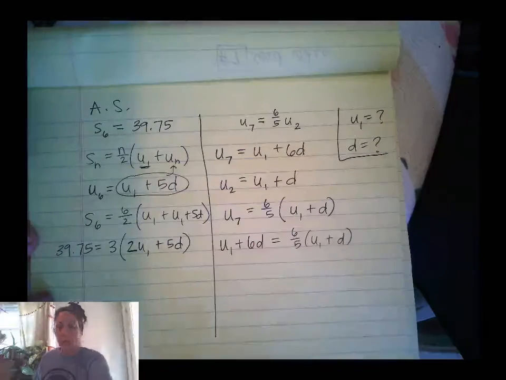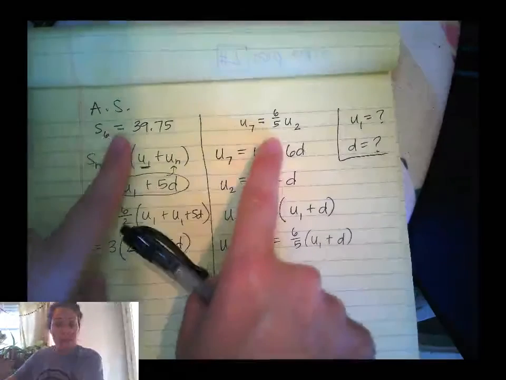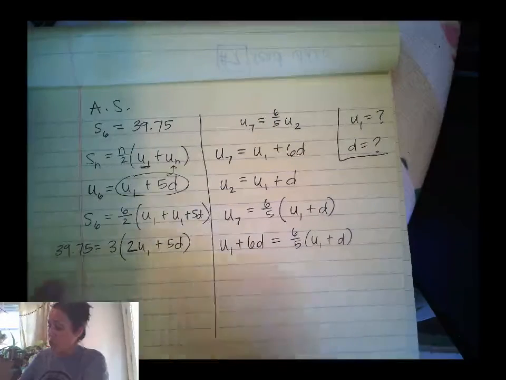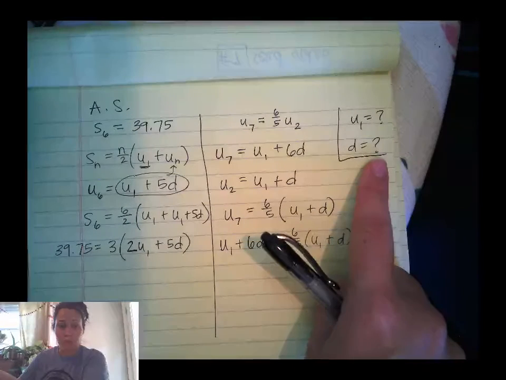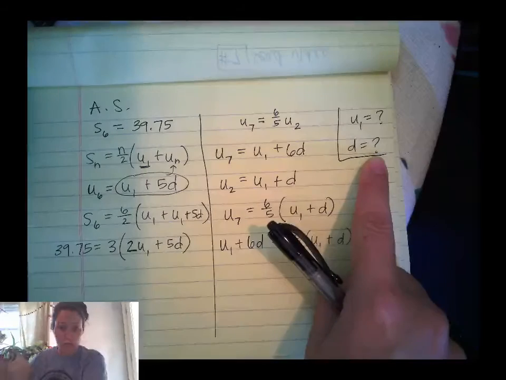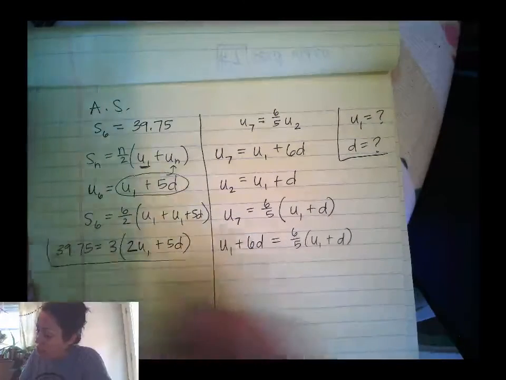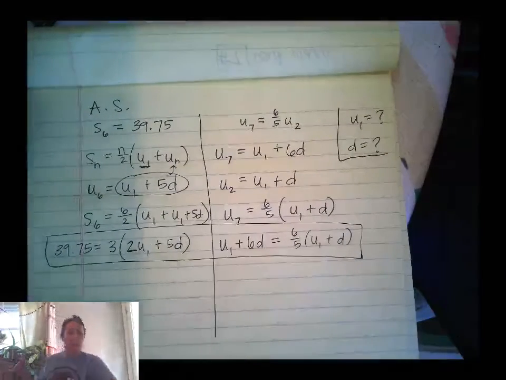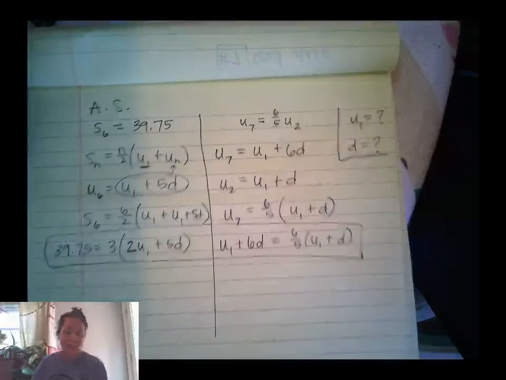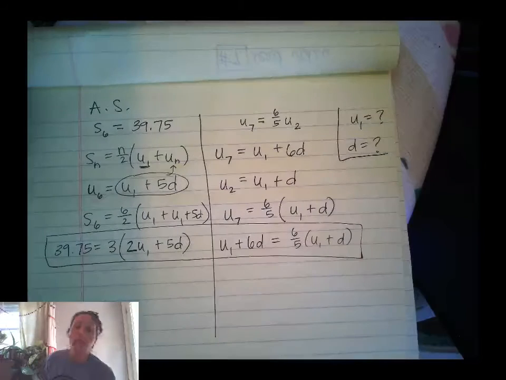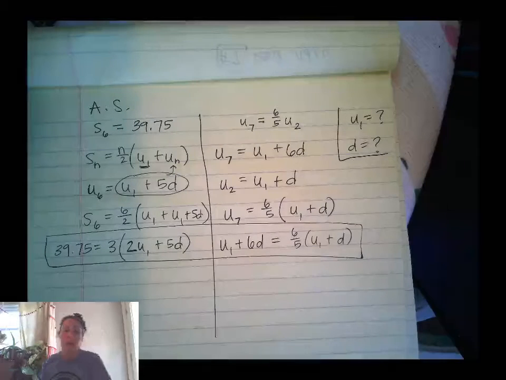Now look, two equations that were born from the two equations in the problem, but I've rewritten both of these so that they're only in terms of the variables that I'm solving for. It's very beneficial for me, so I'm glad I did that. This is exactly what a system of equations is. It's two separate equations that have the same unknowns, and we can pit them against each other to help us solve for those unknowns. So there's a few different ways of solving a system of equations: graphing,